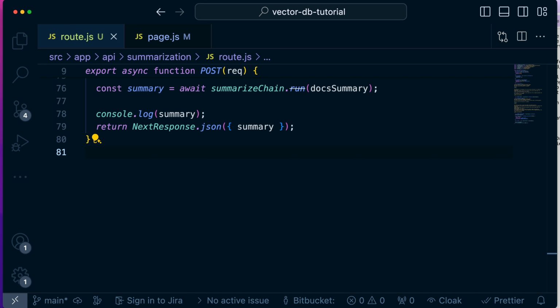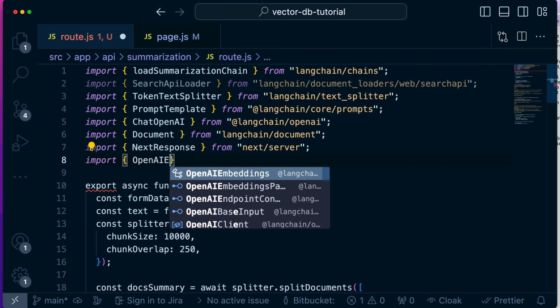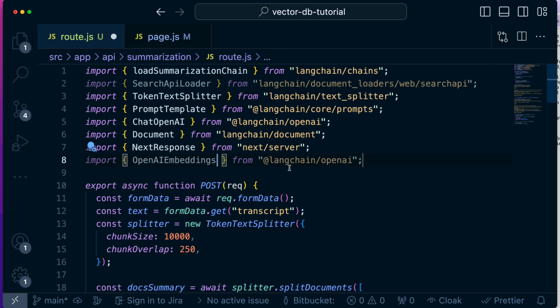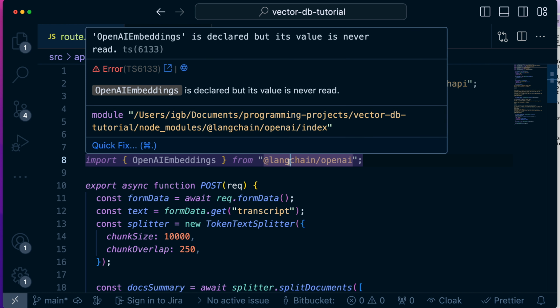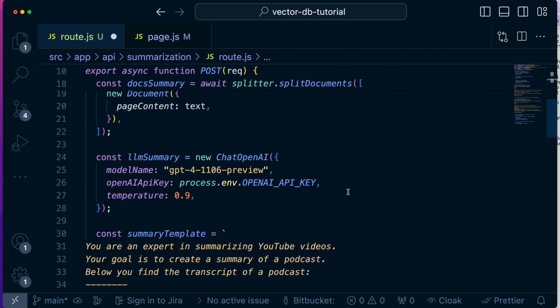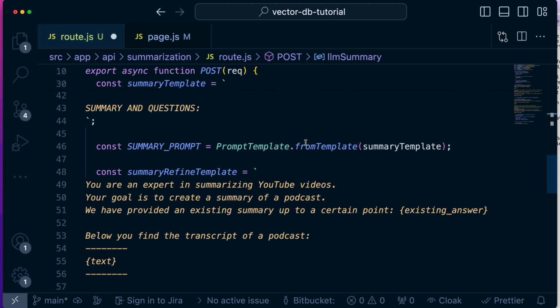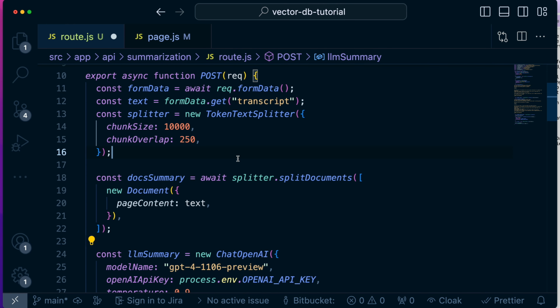So we did the summarization, now we can move on to the embeddings, and actually it is a pretty simple process, as we just need to create an instance of OpenAI embeddings and then just call the function and pass our text. First we can do the import, it's called OpenAI embeddings, and you can do it also from the OpenAI package, but we're going to use Langchain in this case, and we can do that after we get the